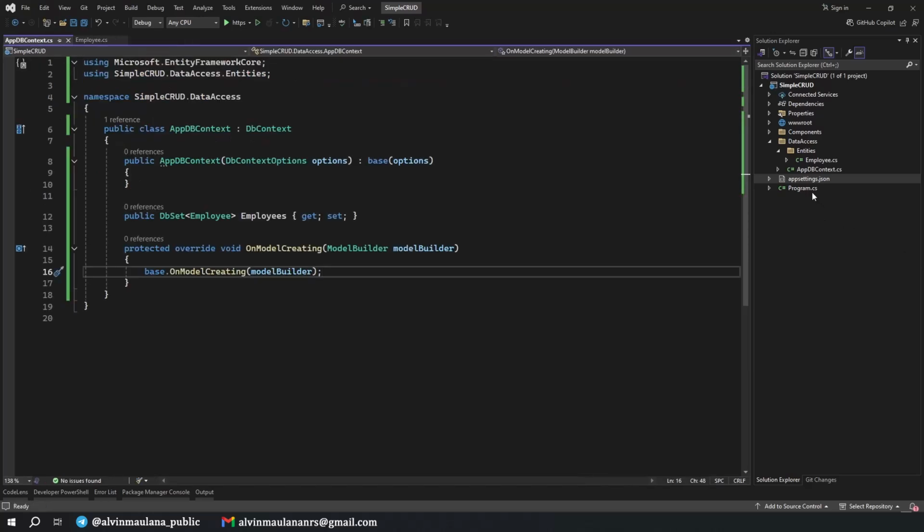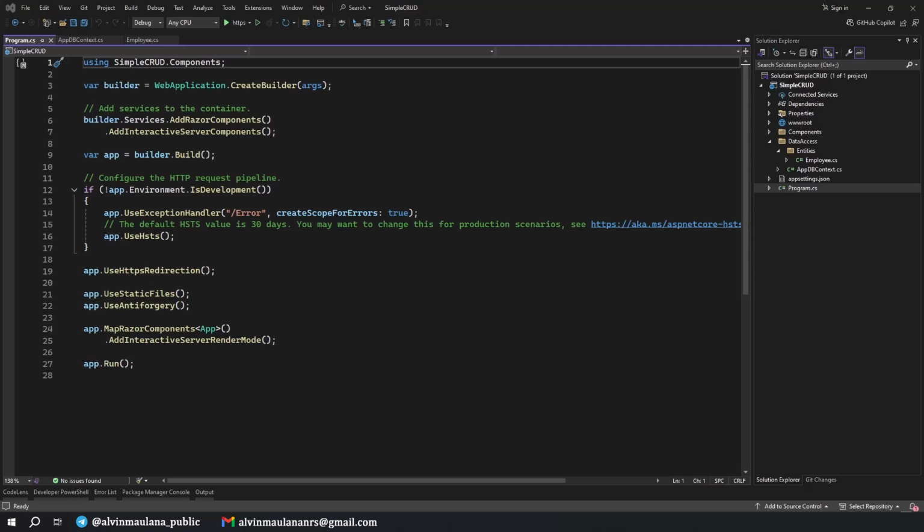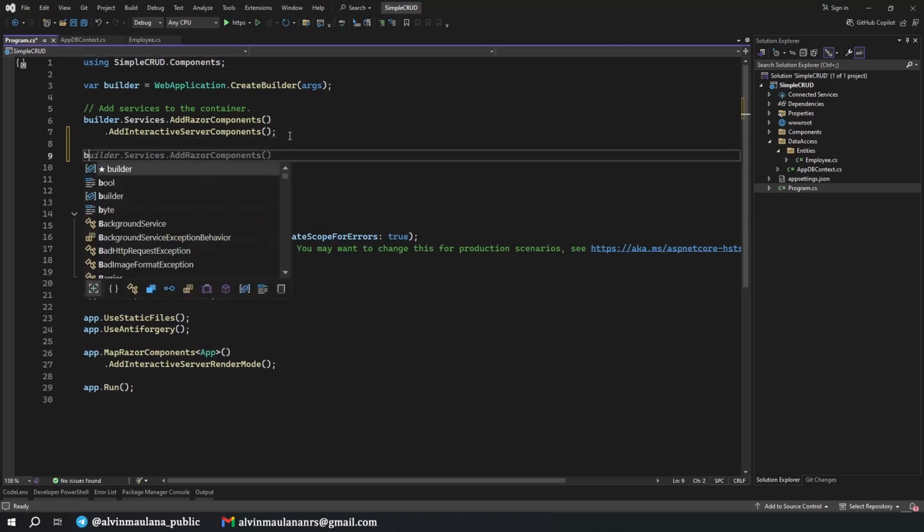Now we go to the Program.cs, and we need to include the ApplicationDbContext in here.